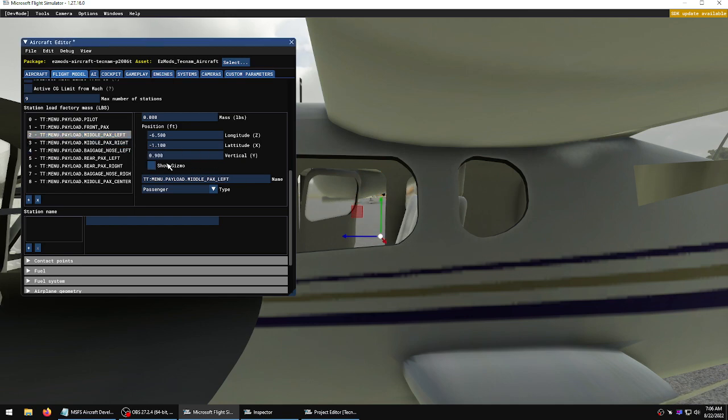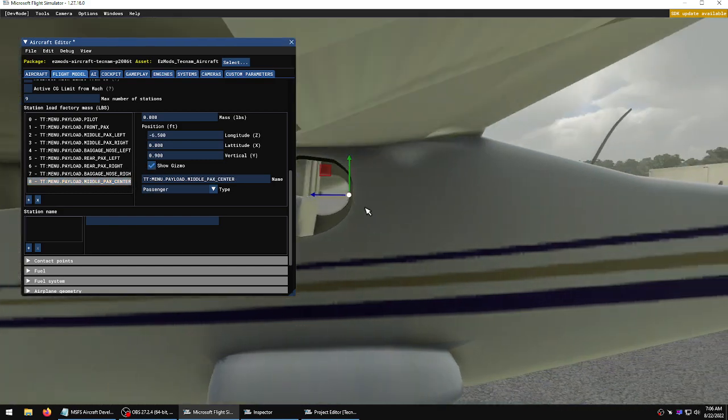Middle passenger left. Move him over to. I'm not gonna copy numbers. You should copy numbers and get this exact. Baggage. Where's the back payload? Center. We'll leave the payload. Well, that looks pretty good. Drop it down a little. All that good. And I'll just delete